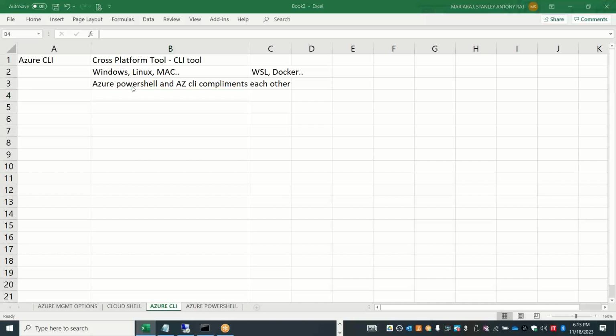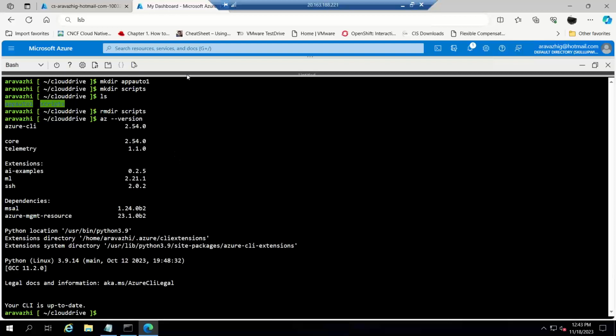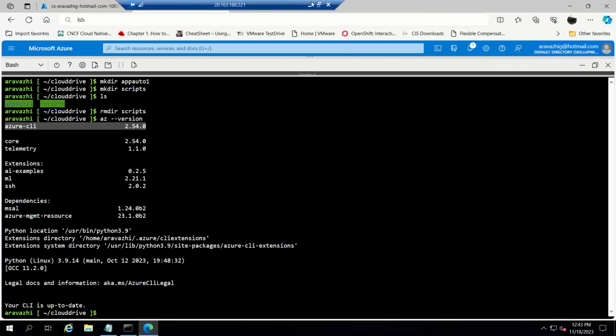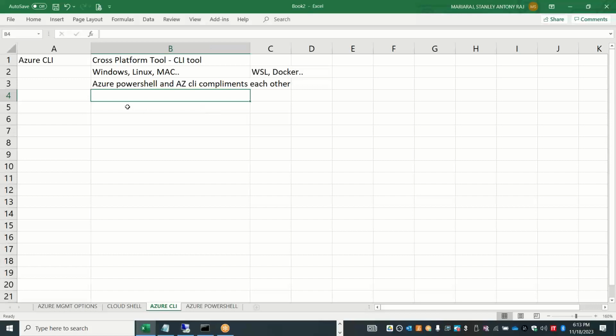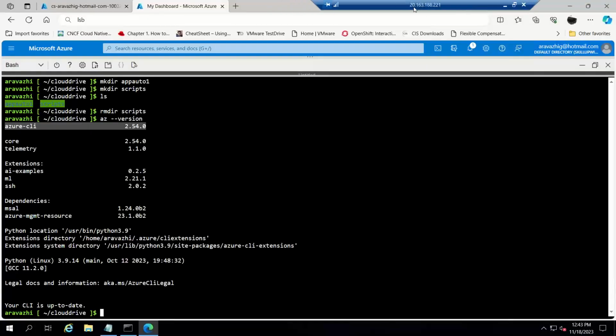Okay, let's see what the current Azure CLI version is that we are using. With this particular shell, you will get the latest version available in the Microsoft Linux operating system. Currently, I could see 2.54 is the latest option on this Cloud Shell. But if you want this tool, or any tool from Microsoft, installed on your local machine, you have to go to